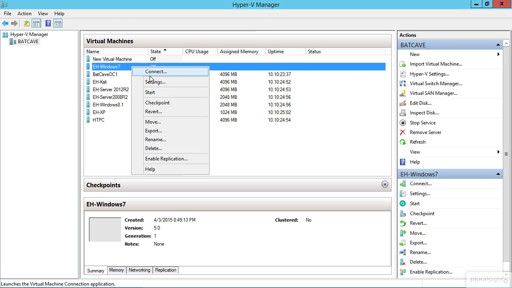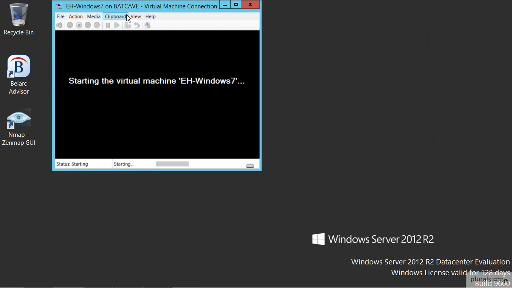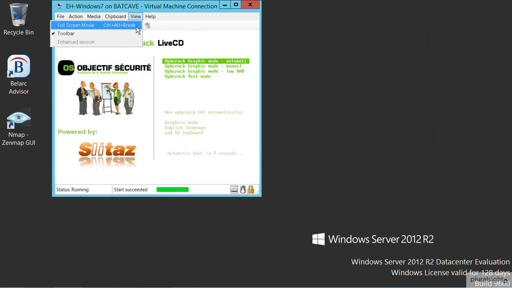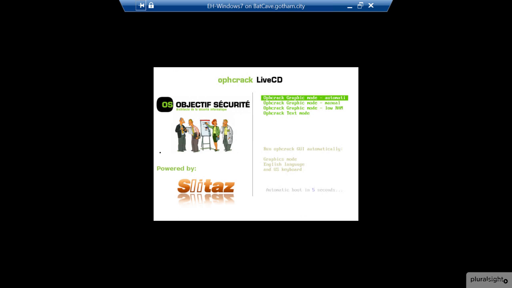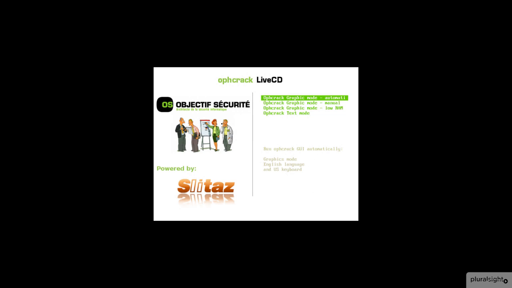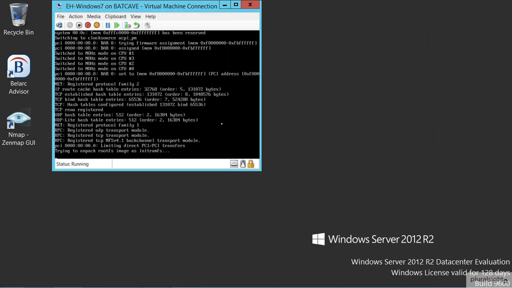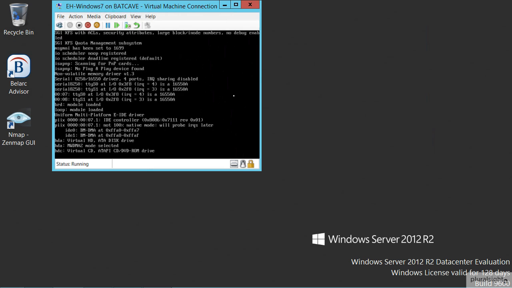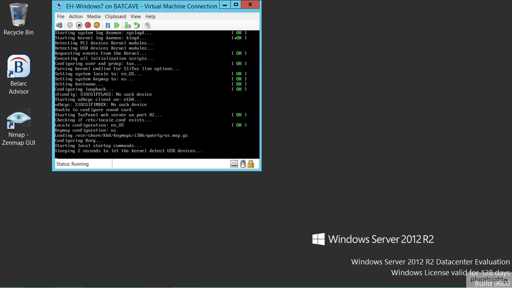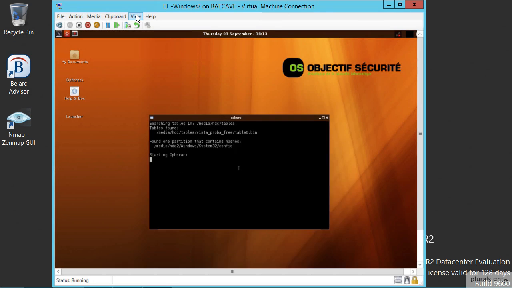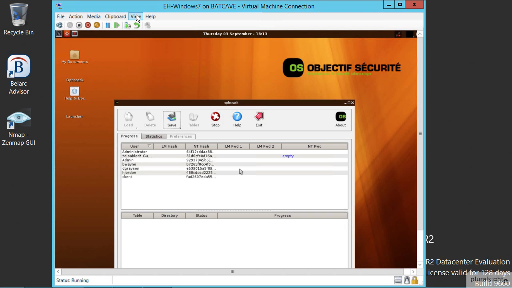So I'm going to go ahead and let's fire this bad boy up. We'll start this thing. And you'll notice here it starts off asking us which mode we want to go into. And I'm going to go ahead and go into automatic mode. This is, again, a live CD, which means you could burn this to a USB drive for exactly the purpose I just discussed, that I could slap this into a machine, reboot it, boot right back into it, and gain access to the system. So you'll notice right away it already found my SAM file, and it already took off